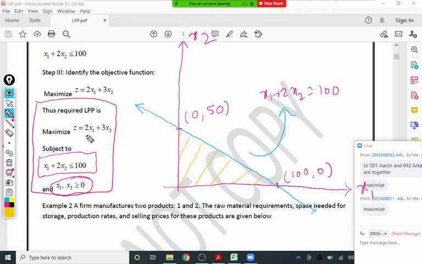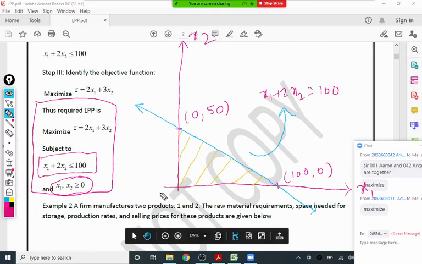Now there is one theorem. That theorem says the maximum or minimum value, I will say optimum in general, always occurs at a corner point of the feasible region. Meaning of optimum is maximum or minimum. I will repeat the statement of the theorem: the maximum or minimum value is always present at a corner point of the feasible region. Now, how many corner points are there for this feasible region, first of all? Three, correct.